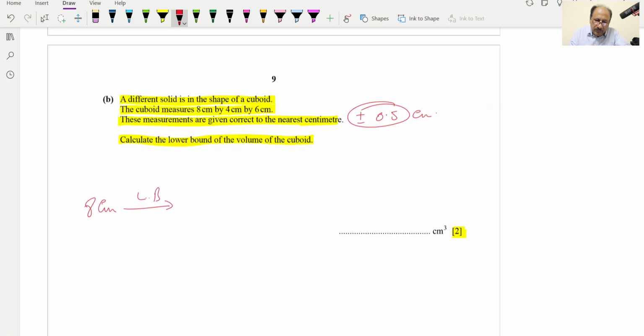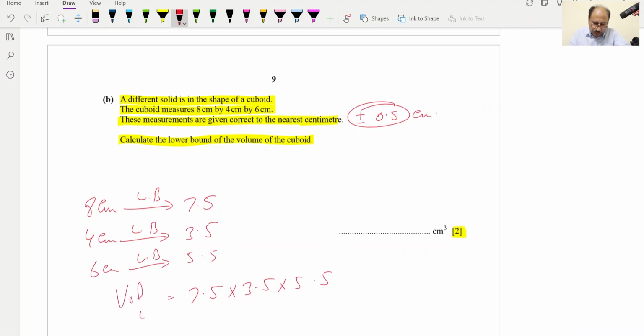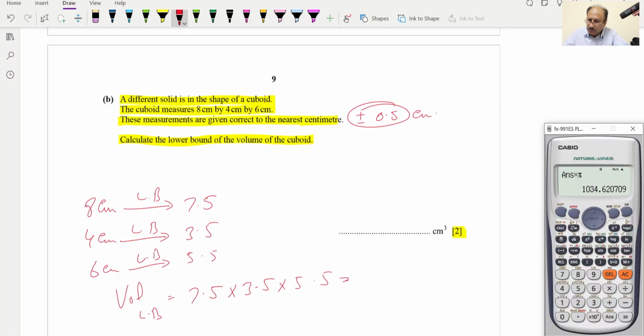Lower bound will be 7.5 centimeters, and next is 4 centimeters. Lower bound of 4 will be 3.5, and next is 6 centimeters. Lower bound of 6 will be 5.5 centimeters, and we can multiply. So 7.5 multiplied by 3.5 multiplied by 5.5, and this will be the lower bound of volume, and this is equal to